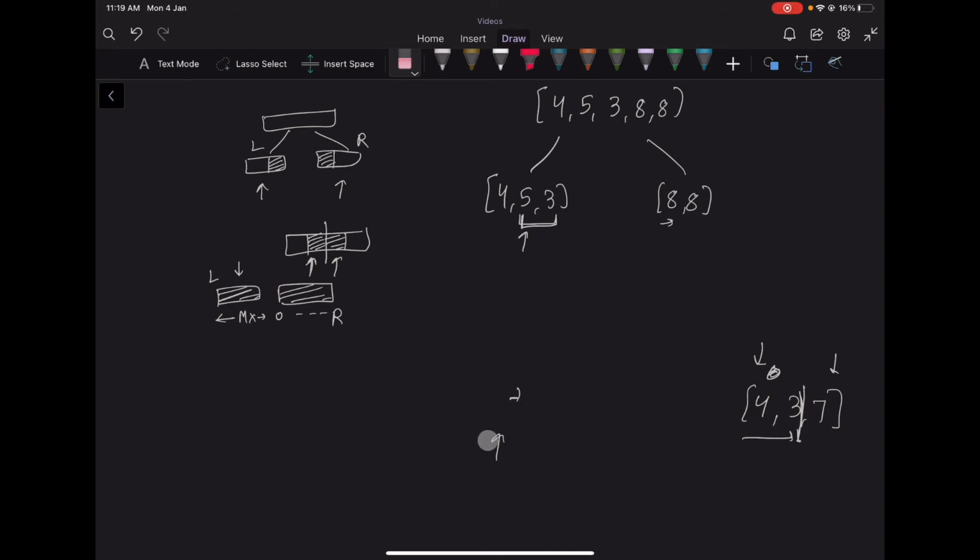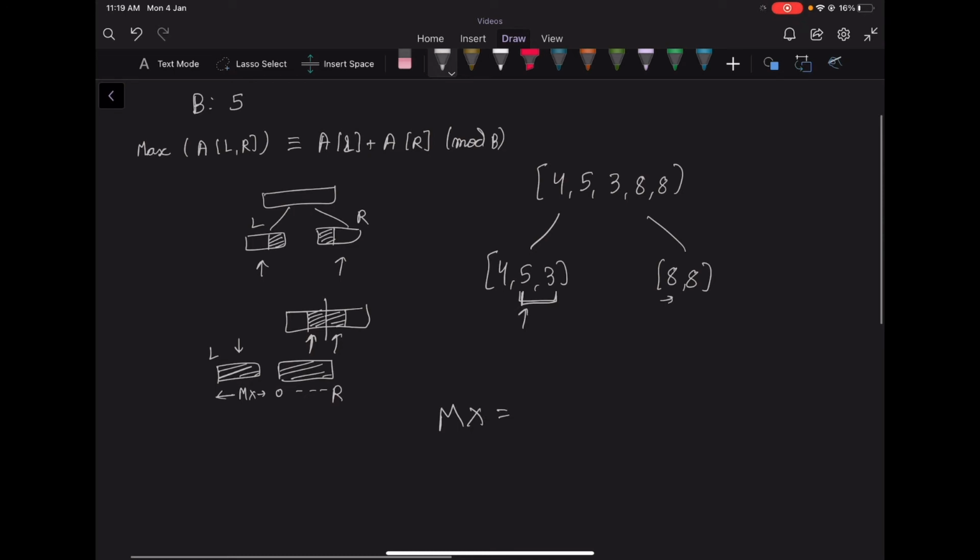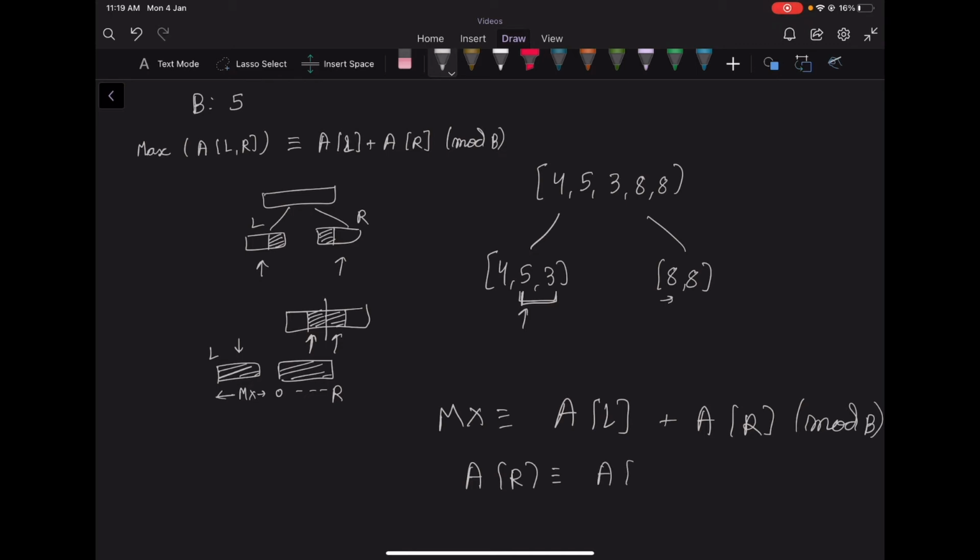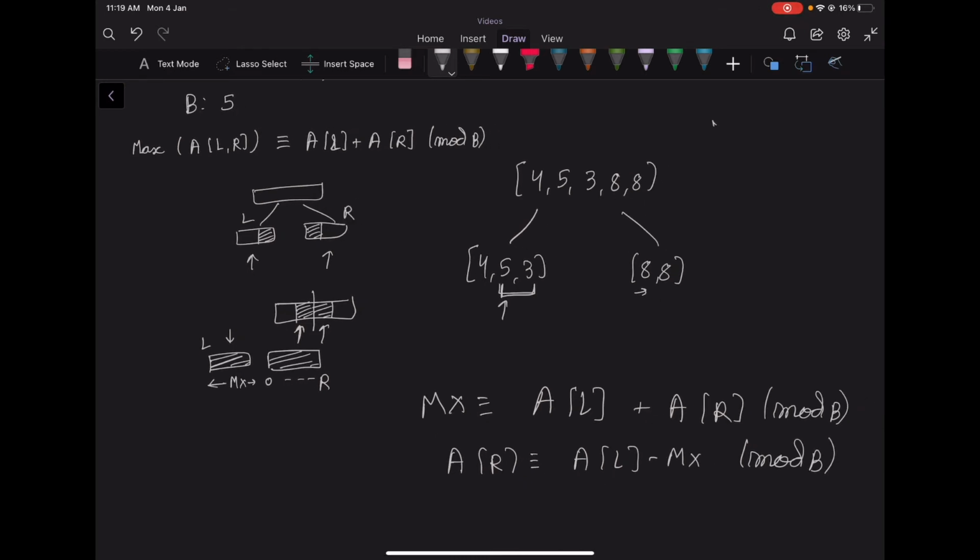So consider this case, where we are moving over the left index and we know the maximum value, mx, and we also know AL. From this equation, we can find AR modulo B. So we know that AR will be equal to (AL minus mx) mod B. If we store the frequency of elements in the right index modulo B, we can find how many choices we have for AR, because this is our left part and this is our right part, and from here to here is the maximum right index that we can have.